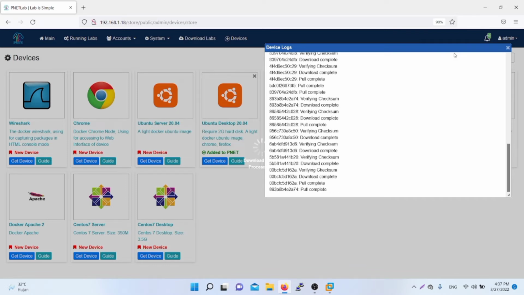Still waiting for the installation of Ubuntu server.